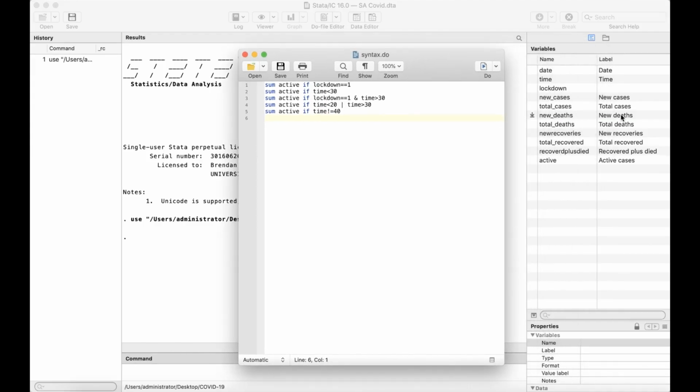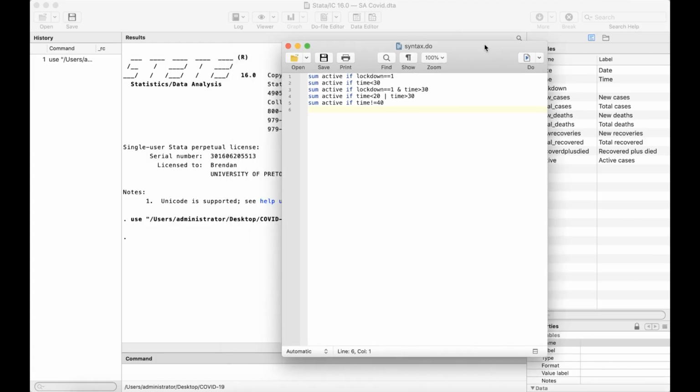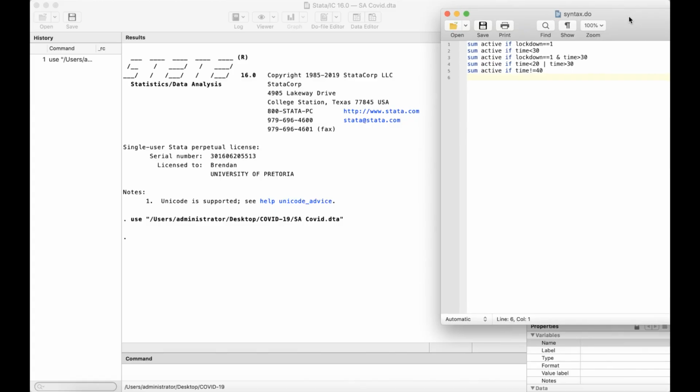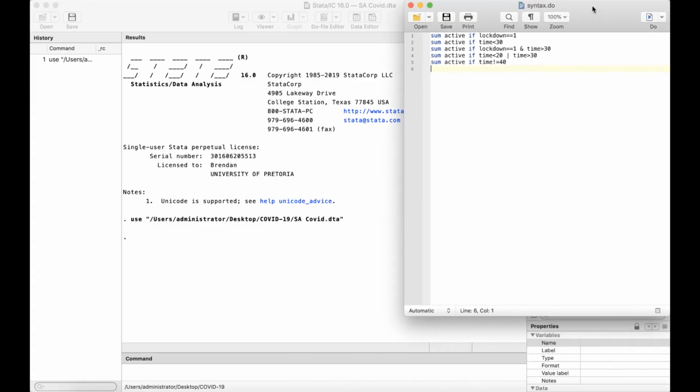You'll see that I've got the data set for COVID-19 loaded. Here's the variable active, and up here you can see the variable for lockdown. So I'm going to put the do file a little bit out of the way here so that it doesn't get in the way. Let's select the first command